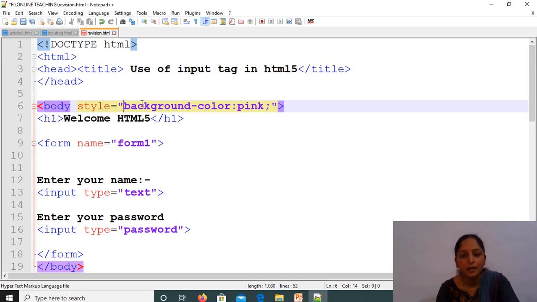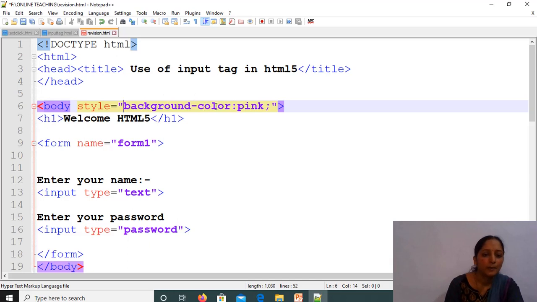Right now just see here: style equal to, in double quotation marks, background hyphen color, then colon, and then pink. In previous years we used bgcolor equal to pink. Instead of that, from this year you have to use style, background hyphen color, then colon.